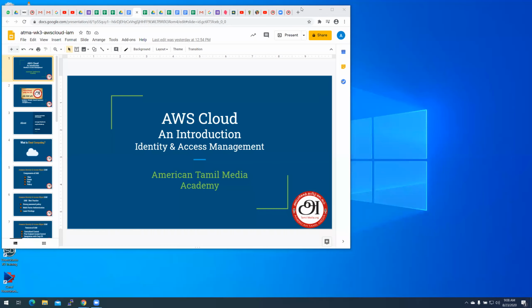Start the session on AWS Cloud, the introductory course, and today's topic is IAM, Identity and Access Management. Identity and Access Management is one of the key services, and it is very popular and very much required.